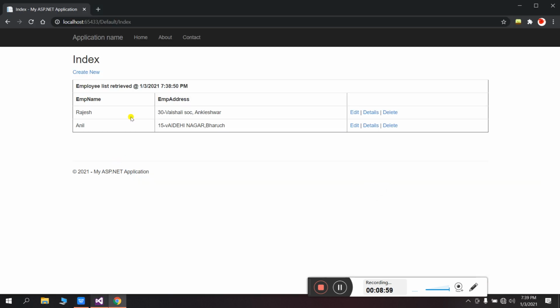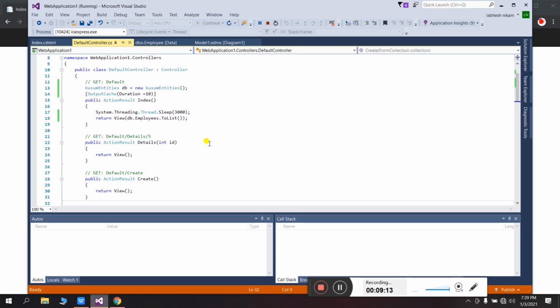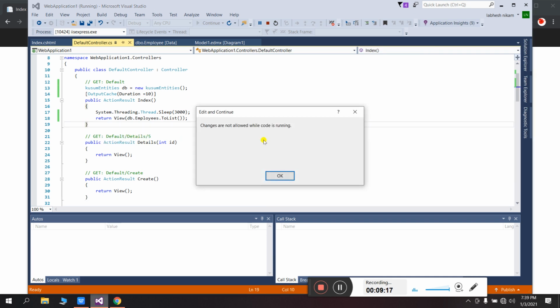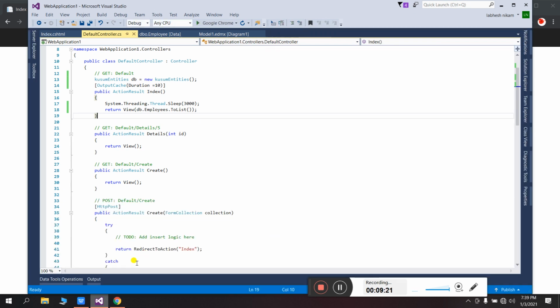Now if I want to cache only a portion of the page, can I cache a portion of this method's output? Yes, I can. How to do it? Let's see.